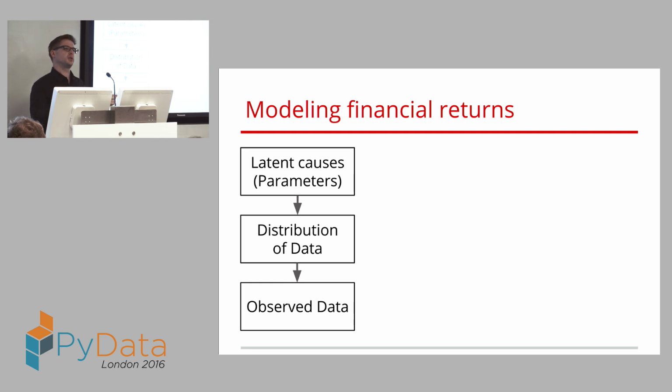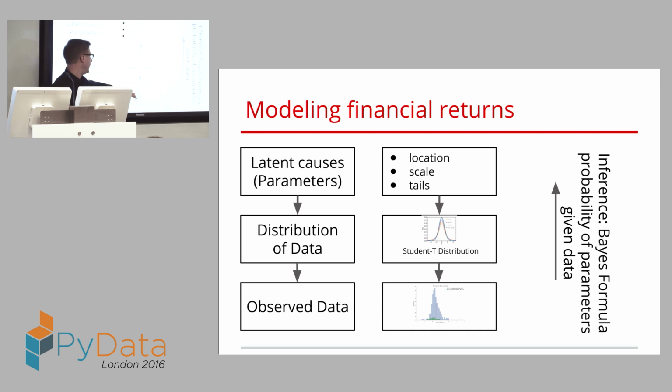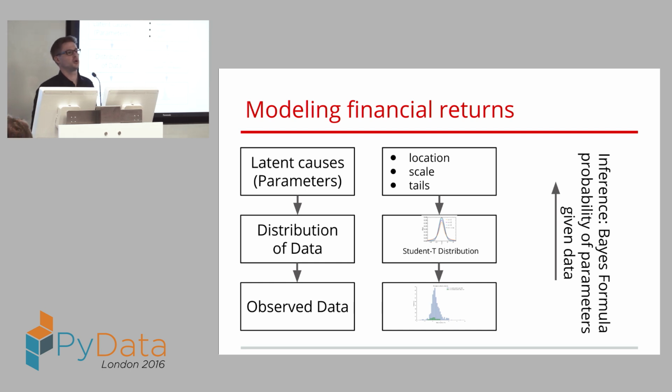So now to come back to the problem that we had initially, we wanted to know, do those returns come from different distributions? So we want to model these returns. And this is what that would look like. So down here, again, we have our observed data, the daily returns. And here, I'm not going to say that it's a normal distribution, which we know to be wrong, but actually a student t distribution, which is different in the way that it has a third parameter that allows you to create more mass in the tails. So more extreme events just are more likely.